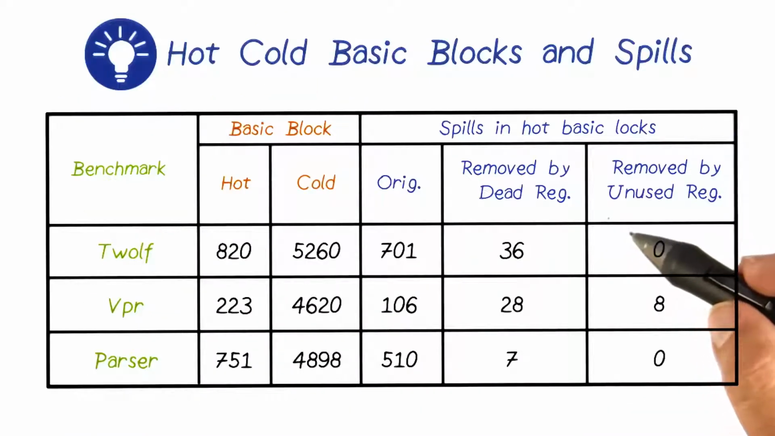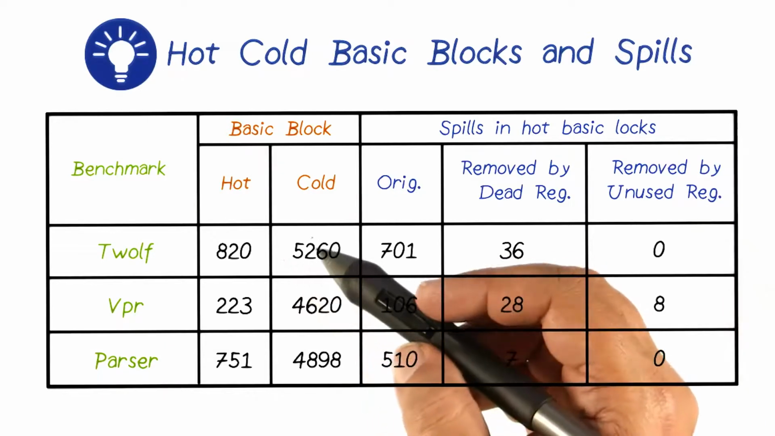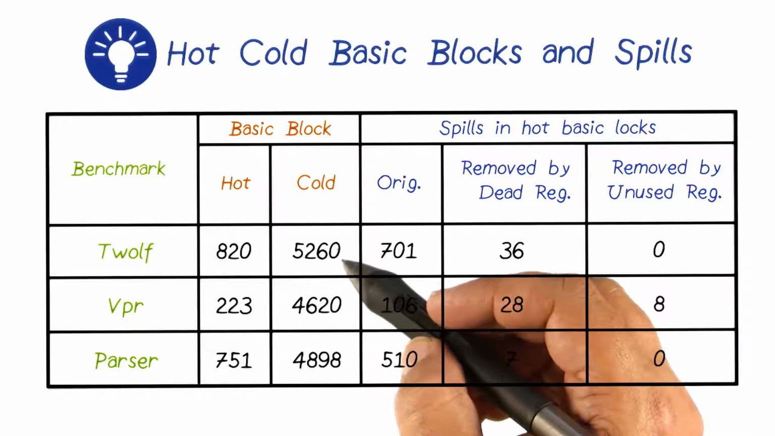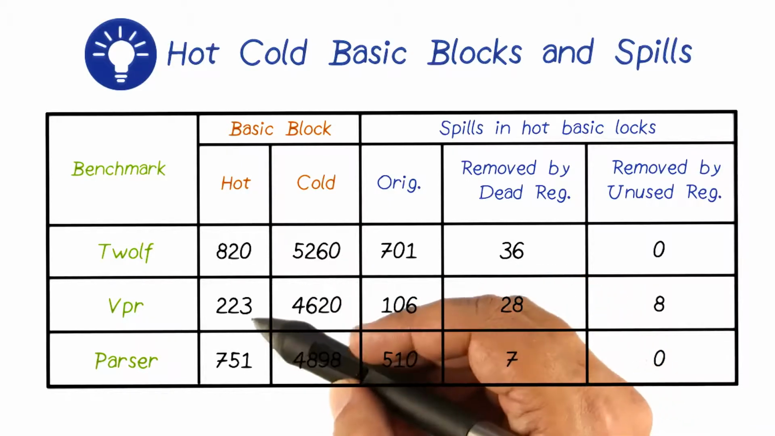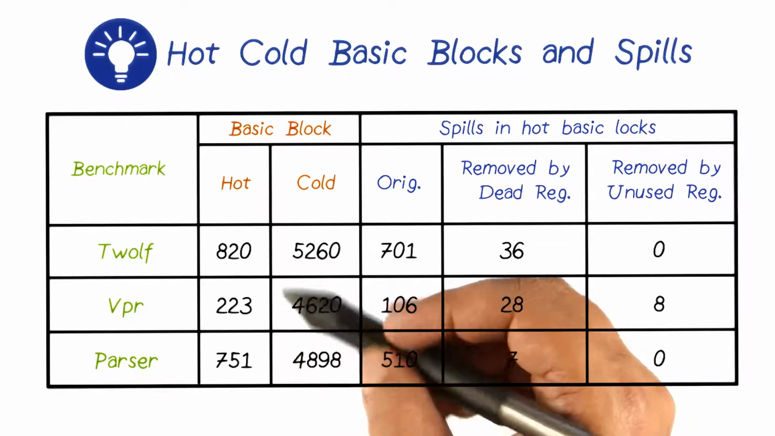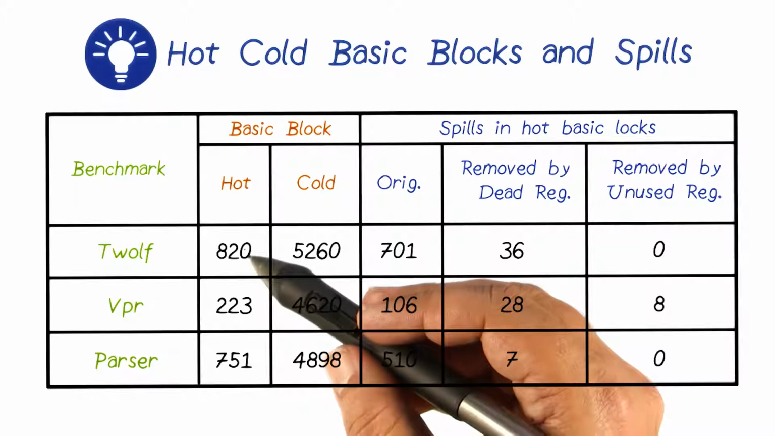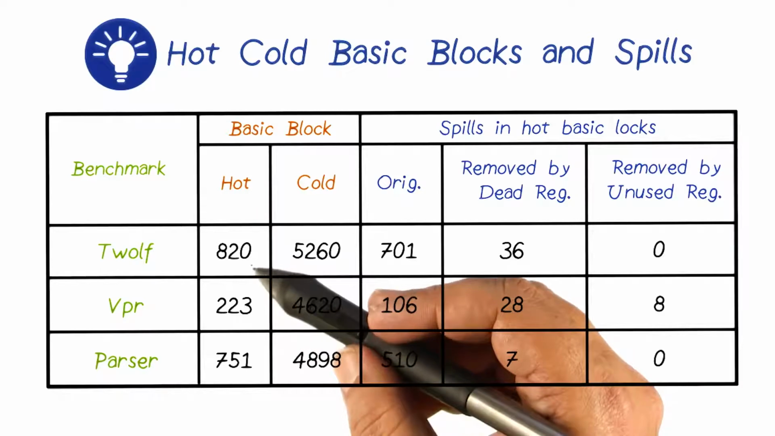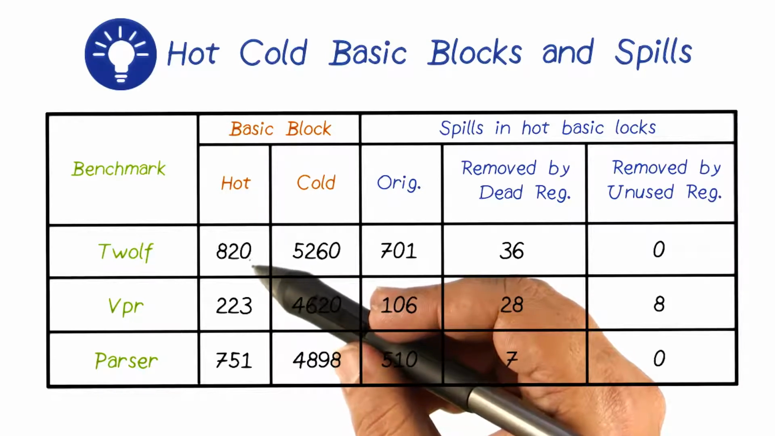So here are some results in terms of the hot and cold blocks and the number of spills which were there in the original code and the ones which were removed by our framework. As you can see here, a much smaller amount of code is hot code and a lot more code is cold code in each of these benchmarks. You can see that it is almost 20 times, many times, and so on. So a lot of hot code is concentrated in a few basic blocks, which is the good news because these are the blocks we need to concentrate on